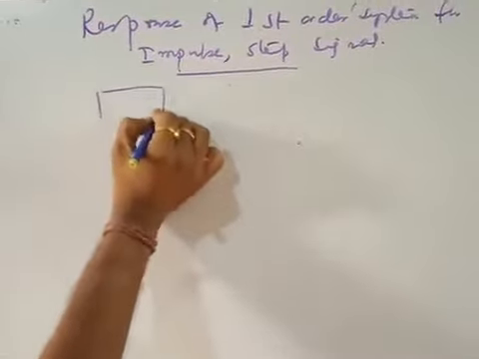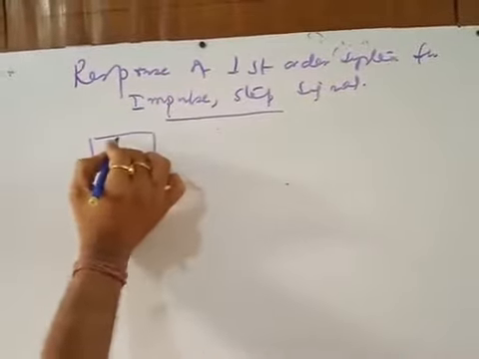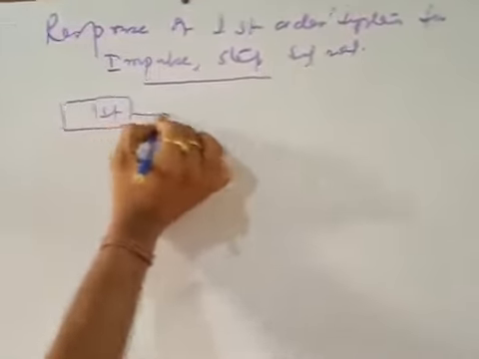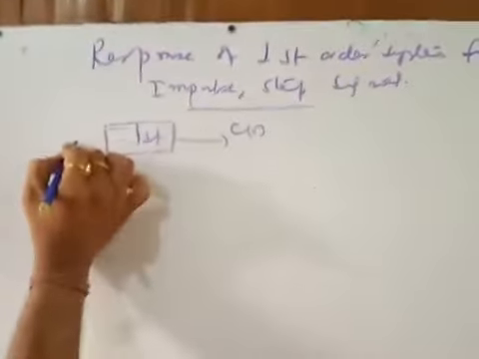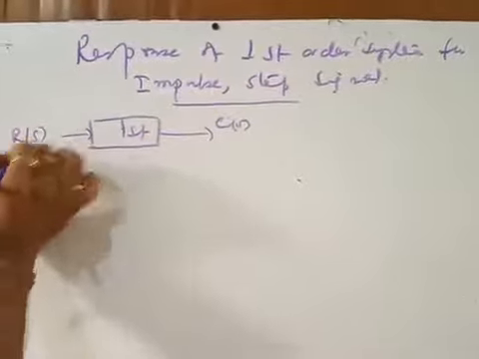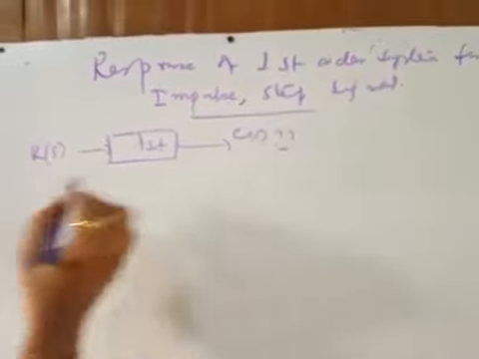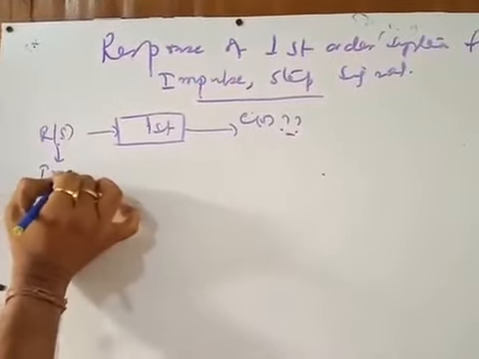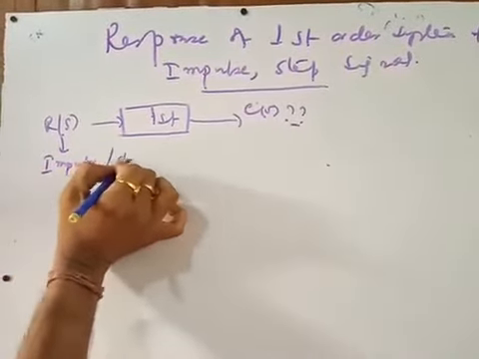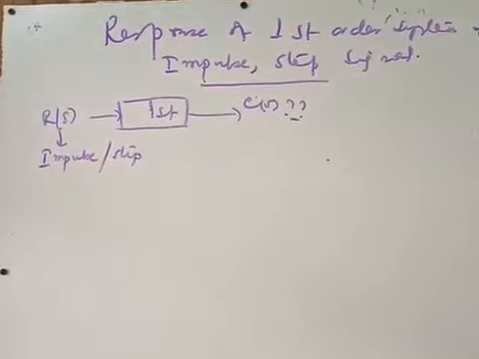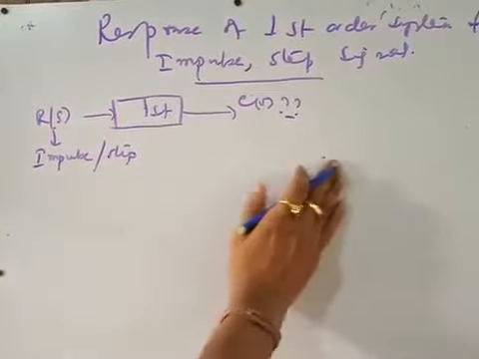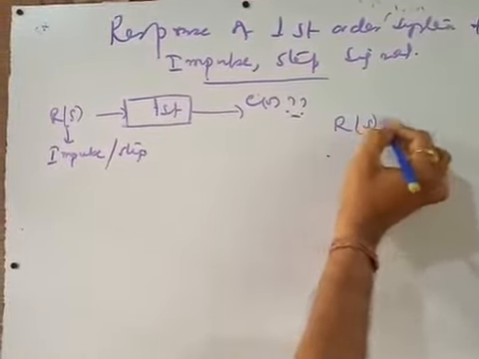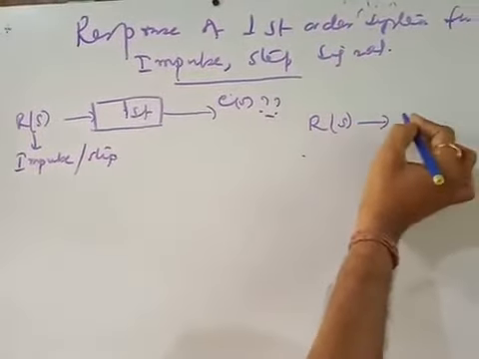So this is, say, your first order system, and this is your C(s) and this is your R(s). Now we have to find out the response when this R(s) is either impulse or step, right? So consider one kind of first order system, like the system structure is, say,